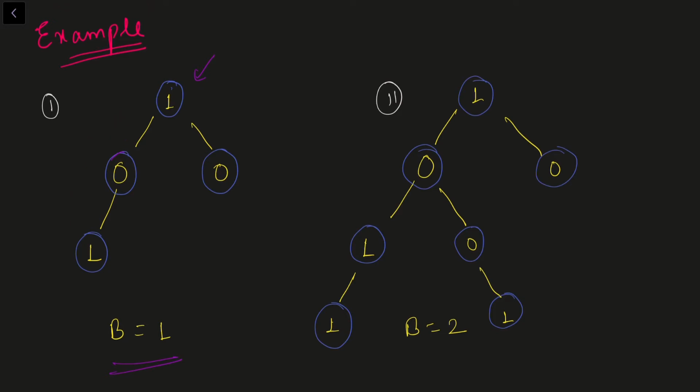Now that we know b equal to 1, we need to find all those pairs whose values are different, right? Let's say I am currently at this node. This node doesn't have any parent, so we'll move on to another node. Let's say I am at this node. Then I can see that the bth parent of this node is this node, and both of these values are different, so I'll add 1 to the answer. Similarly, for this node, the bth parent is this node and values are different, so I'll again add 1 to the answer. And for this node, again the bth parent is this node and the values are different, so I'll again add 1 to the answer. So the total answer in this case is 3, right?